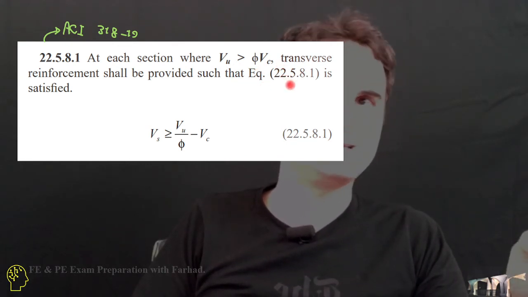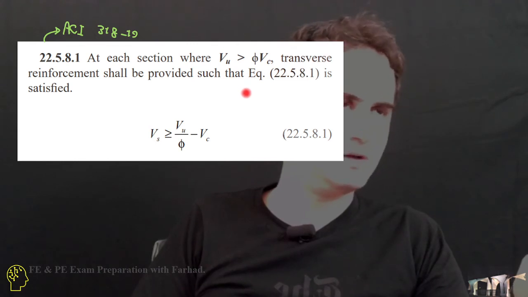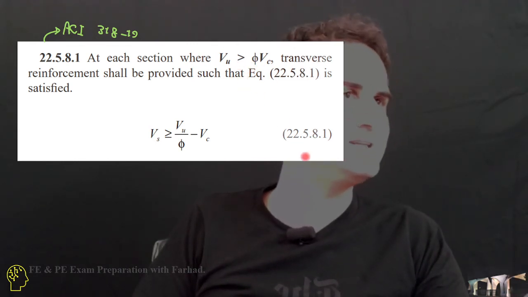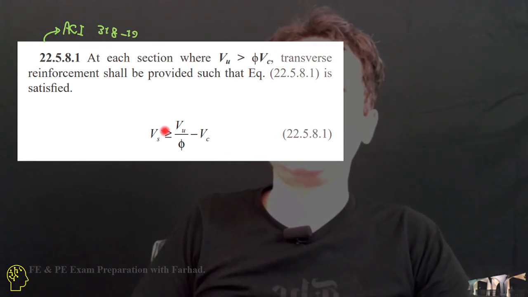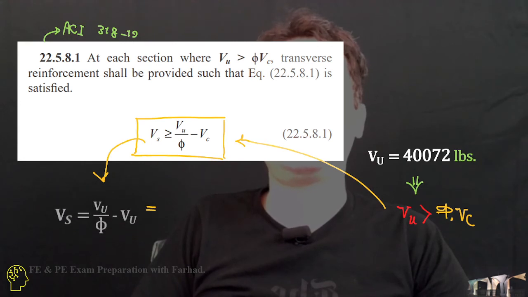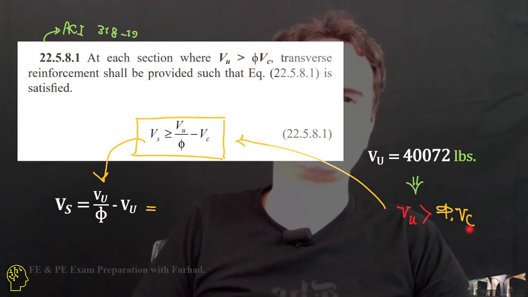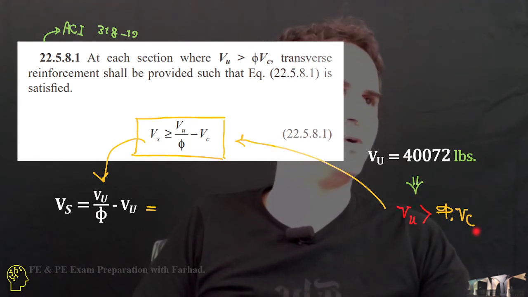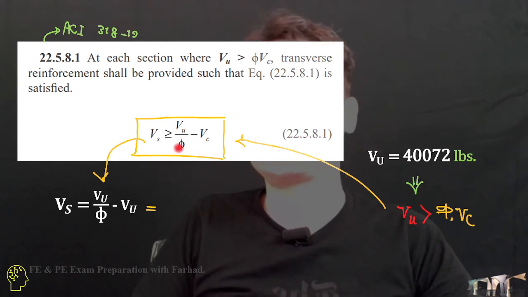Now it says if you need stirrups and it's still bigger than phi times Vc itself, then use this formula. Let's check: Vu is definitely greater, because our Vc is 25,000 and Vu is 40,000, so Vu is greater than a coefficient smaller than 1 times Vc. So we definitely need to use the ACI code